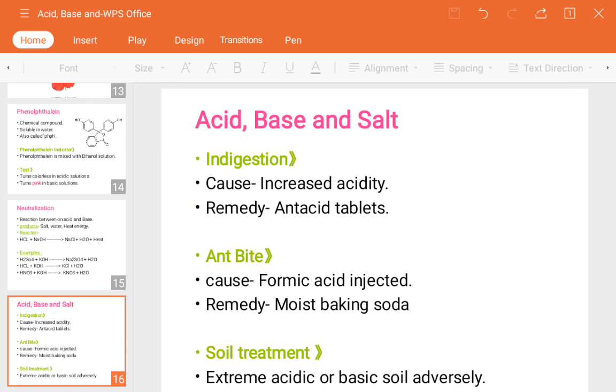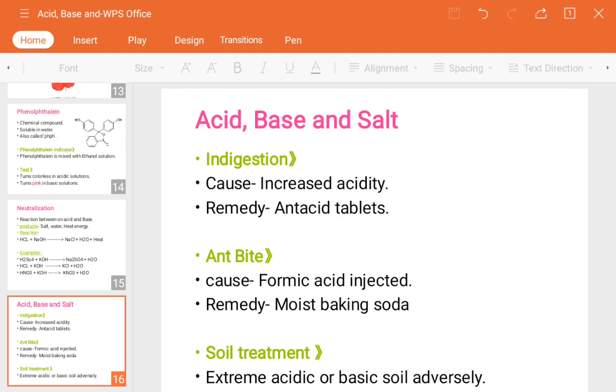So why does it happen? We know that inside the stomach hydrochloric acid is present, for the purpose of killing harmful microorganisms and activating pepsin to digest the food material. Pepsin is an enzyme that helps in the breakdown of protein molecules. So whenever the HCl level increases in our body, it means we are facing an acidity problem. Next, what will be the solution, the remedy?